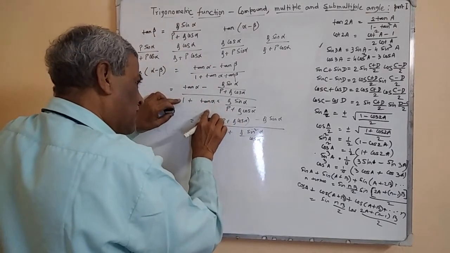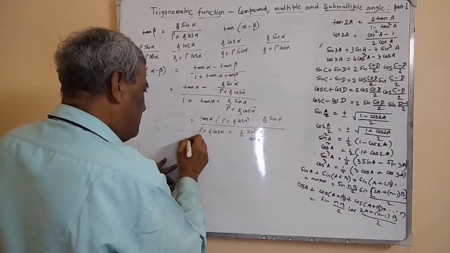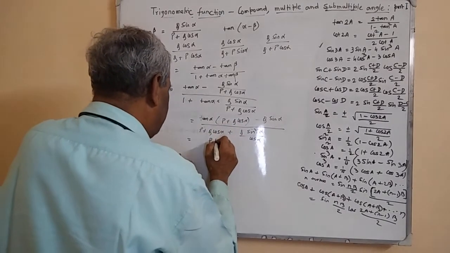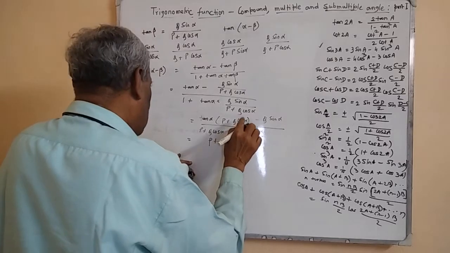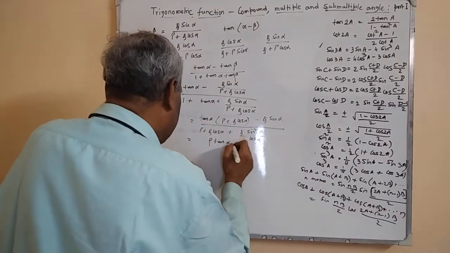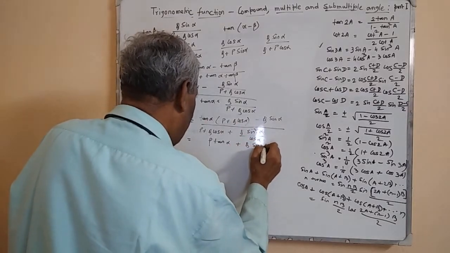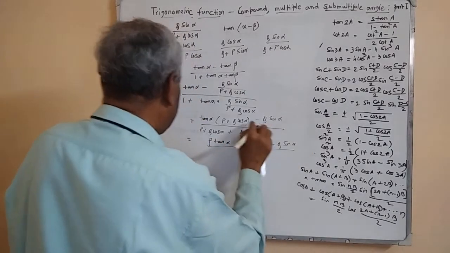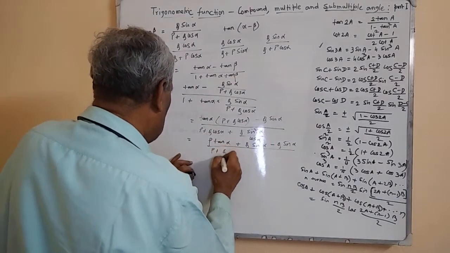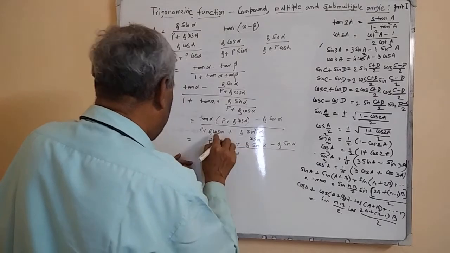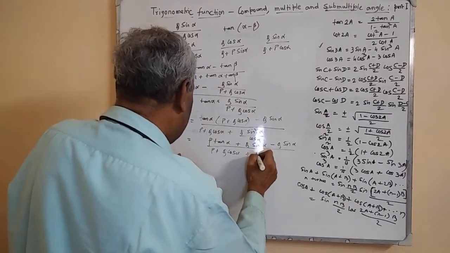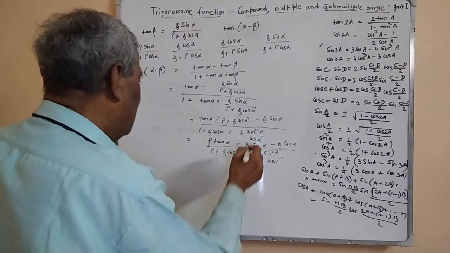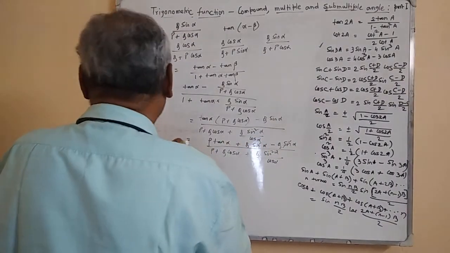Now this one is p tan alpha plus q tan alpha into cos alpha, so q sin alpha, minus q sin alpha, by p plus q cos alpha plus q sin square alpha by cos alpha. Now this cancels, so things become